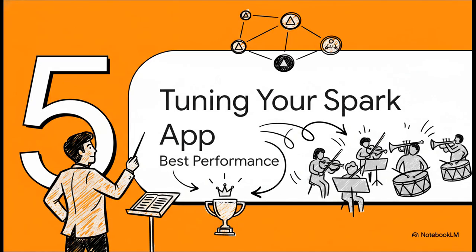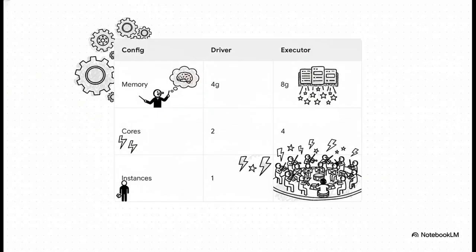Now, understanding this whole relationship isn't just a cool thought experiment. It is the absolute key to tuning your Spark application. If you want the best possible performance, you have to give your conductor and your orchestra the right resources to succeed. And this is where configuration comes in. You can control things like spark.driver.memory, which is basically how much thinking room you give your conductor, and spark.executor.instances, which is as simple as deciding how many musicians you want in your orchestra. I'm telling you, getting these numbers right is the difference between a sluggish, painful performance and a lightning-fast one.